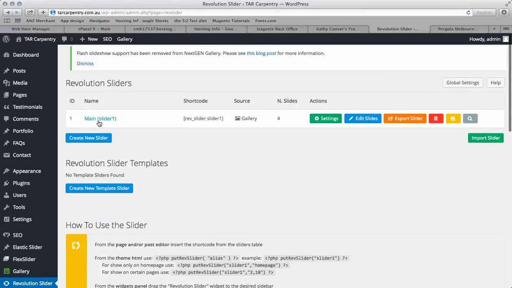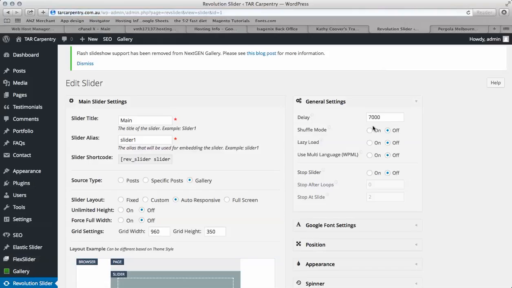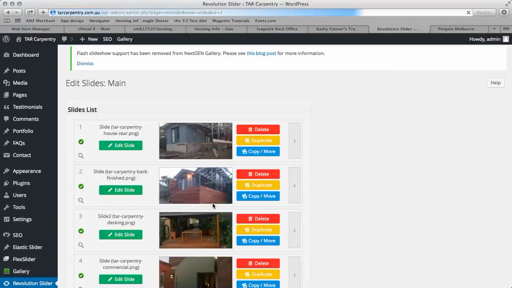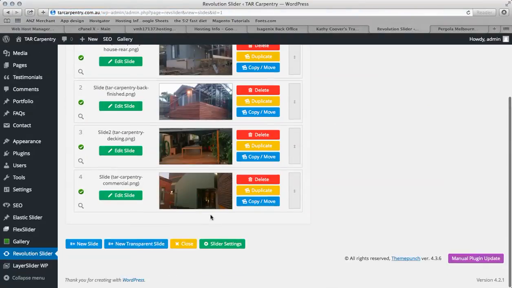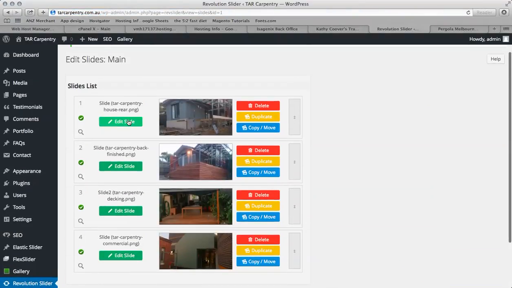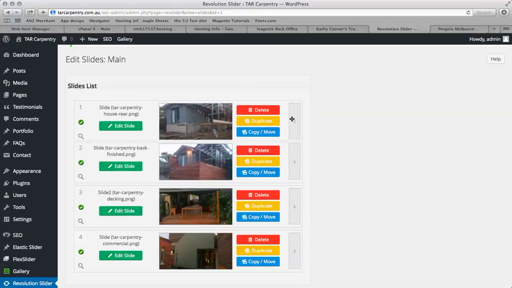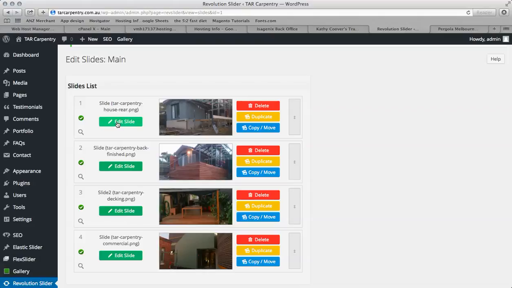So you just click on Revolution slider, click on the main slider, and it'll give you options of like editing slides and all that sort of stuff. So if we want to edit slides, you go into the edit slide area, and here's the slides that we have. You can go into each one. You can actually change the order of them too, so you can drag them up and down or do whatever you want in that. If you want to edit a slide, click into edit slide,